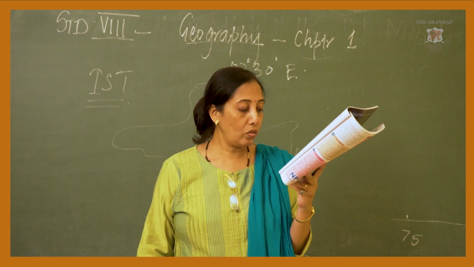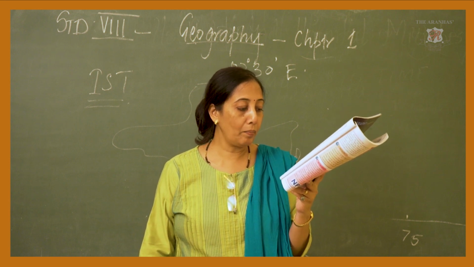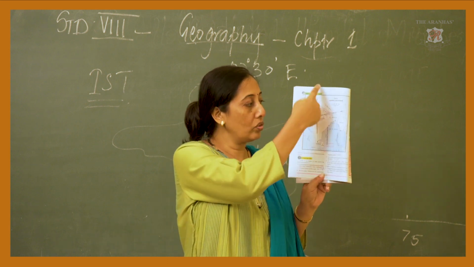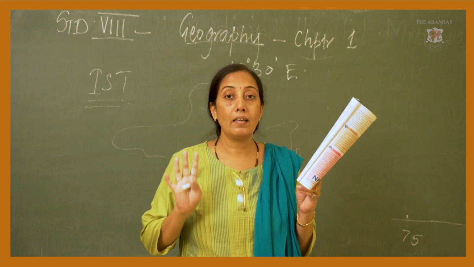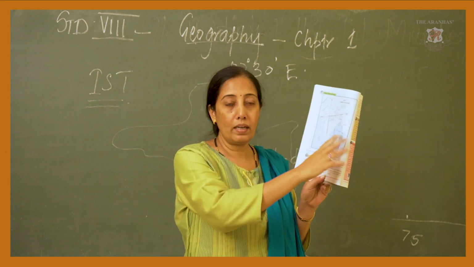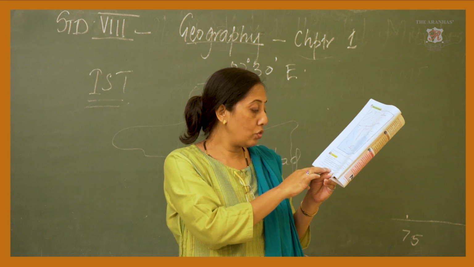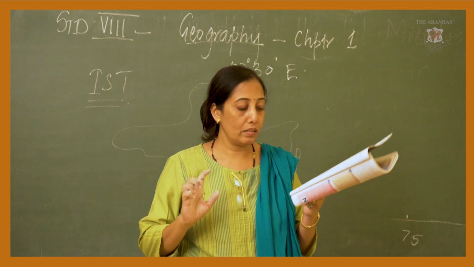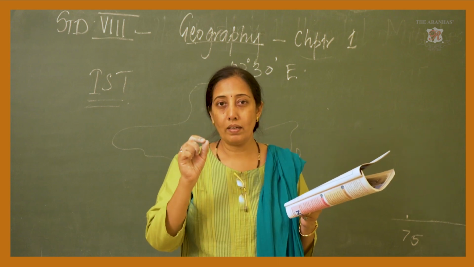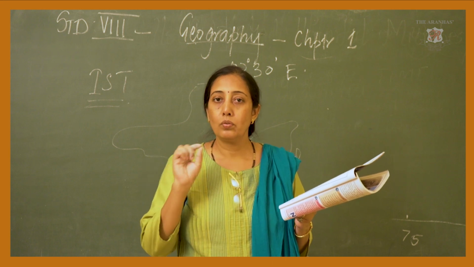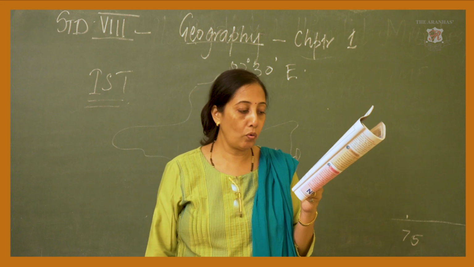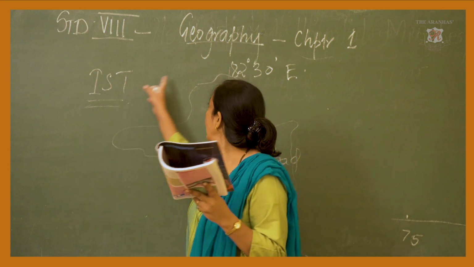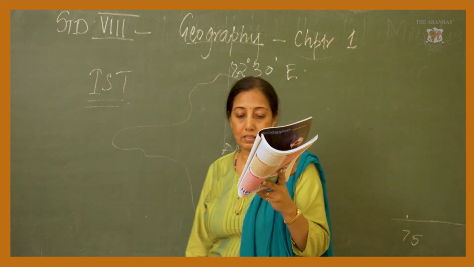Now, considering the longitudinal extent of India, how many longitudes with a difference of 1 degree can be drawn? If you take the whole of India, how many longitudes can you draw like this? 29 longitudes you can draw all over India. Then, by how many minutes do two consecutive longitudes differ? I told you 1 degree is equal to 4 minutes. So, here if it is 0 and 1, 4 minutes. 1 and say 2, another 4 minutes. So, they differ by 4 minutes. Now, what is the value of degrees of longitude at Mirzapur? What is the value? 82 degrees 30 minutes east.